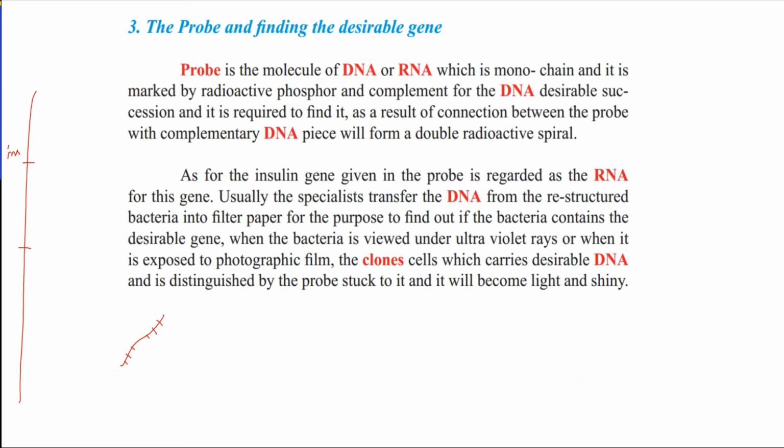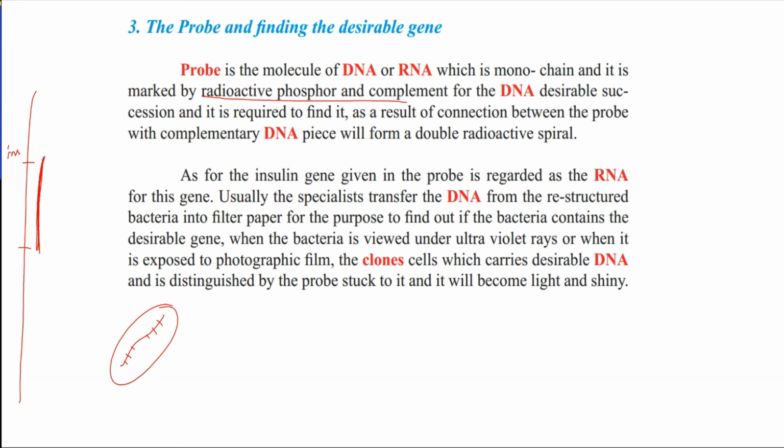So this probe we release into the cytoplasm or nucleoplasm, and it finds its complementary part of the genetic material with the same code. And because it has radioactive phosphorus, it can be observed easily. It is required to find it, as the connection between the probe and the complementary DNA piece will form a double radioactive spiral. As for the insulin gene, given the probe is regarded as the RNA for this gene,